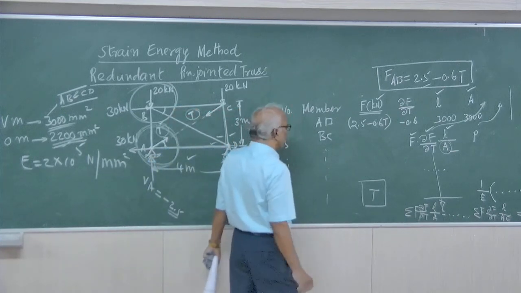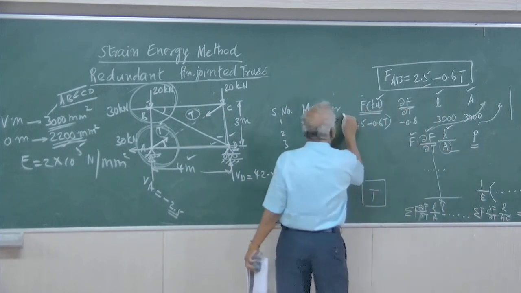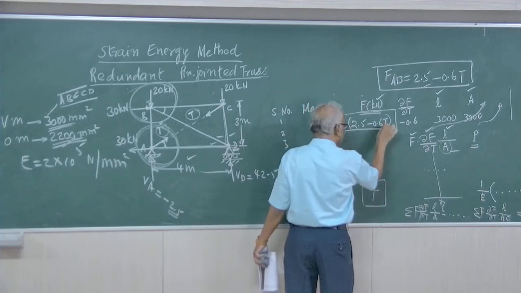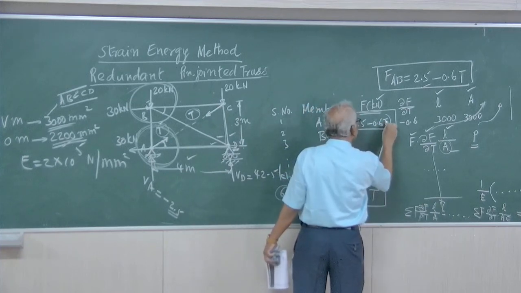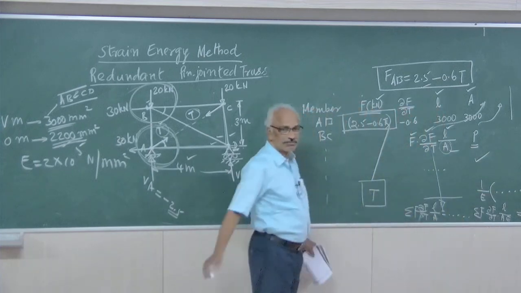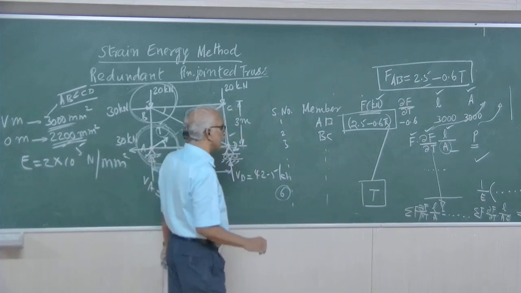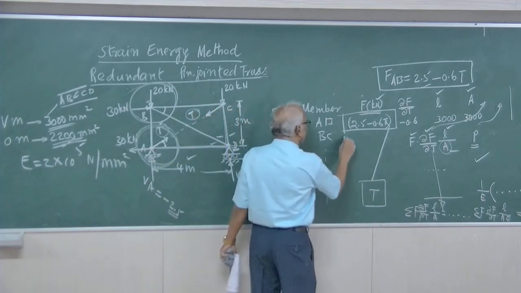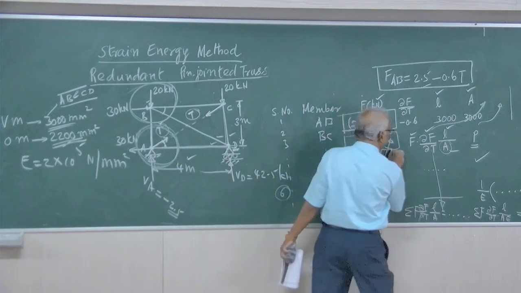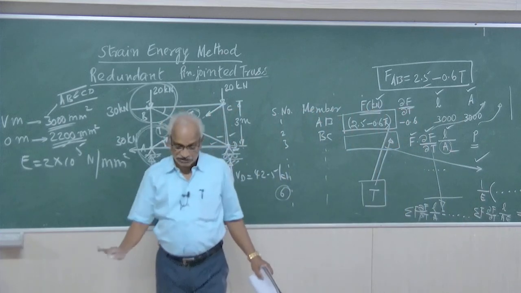Then, coming to the final force, you have the value of F here. In this, T is the only unknown. Substitute the value of T in this equation, and you will be getting the final force. That's all. Similarly, the second member will be in terms of T. Substitute the value of T in this equation, and you will be getting this value. That is how we have to find out the final force in various members.